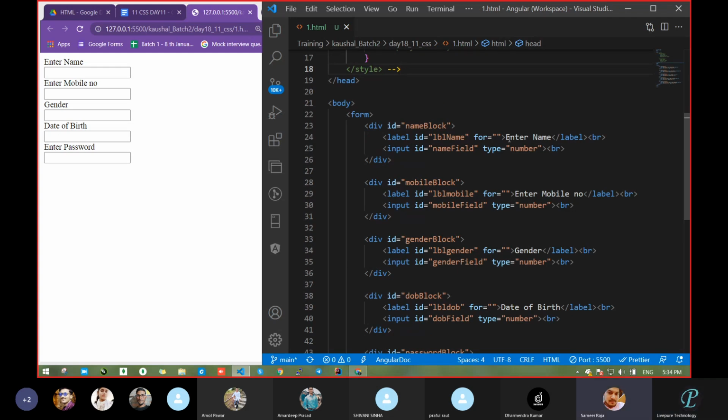See, so what we had done here, we had taken the input field. So now we will go one by one through the input fields. Who is sending this? Amol Pawar. What image did he send? Some screenshot. So what are you thinking? Enter name. What should be the type?